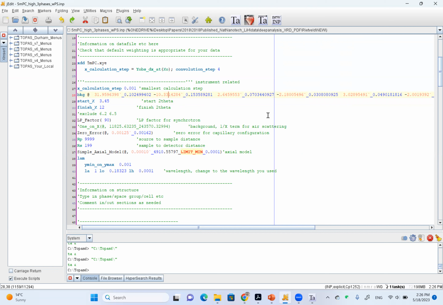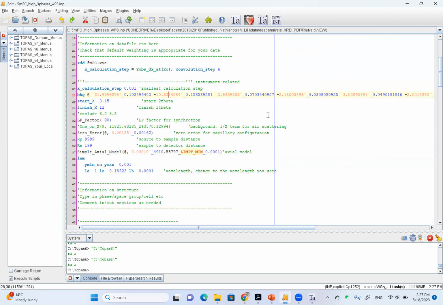So let's say if you just put in one number, it will be a straight line, right? If you put in two numbers, it will be a line with a slope and the intersection. If you put in three numbers, then that will be quadratic, right? So you'll be having a quadratic function, and then you have a cubic, etc., etc. So you see that the more numbers or the more variables you put in the background, the more flexibility it will have. Right? It can give you some very exotic shapes,